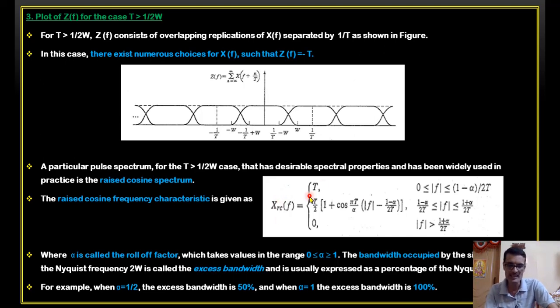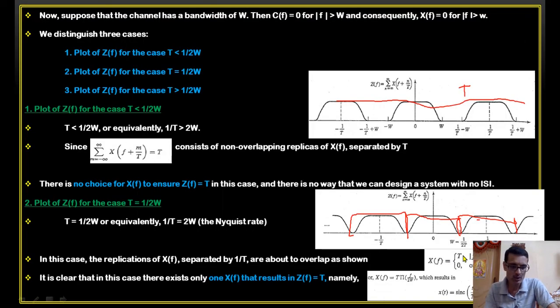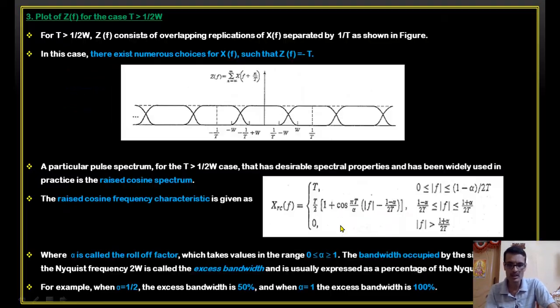The equation for that, X_RC of f, is given by this. It's a very complicated equation for 3 different conditions. Just go through that. Again, I said for BTU students, this is allowed, not required. Here we have only x of f equal to t. Very simple equation, right? Here, a raised cosine function has this particular equation, where this alpha is something called the roll off factor. Alpha is a roll off factor which can take a value between 0 and 1. It is 0 less than or equal to alpha, less than or equal to 1. I have written more than or equal to, very sorry, less than or equal to 1. It is 0 to 1.